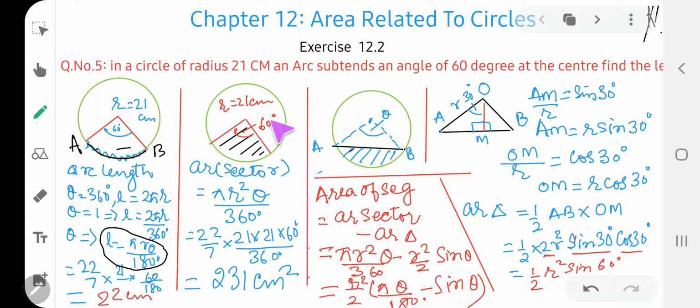Let's find out the area of the sector now. Now what is the sector? The area enclosed between two radii, these two radii OA and OB, and this arc. So the area enclosed between this portion, two radii and an arc, is known as sector of the circle. Here the angle is 60 degree and this side the angle is 300 degree. Therefore this is known as minor sector and this side is known as major sector.